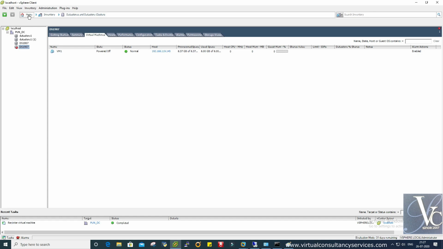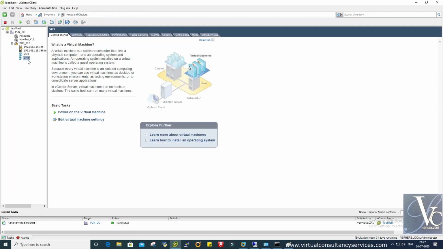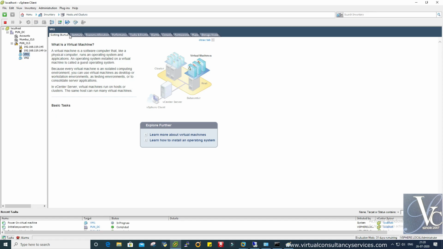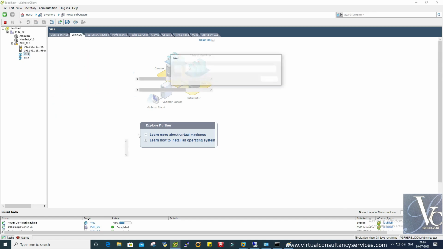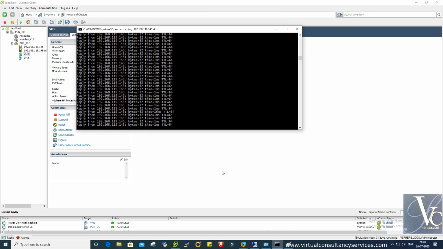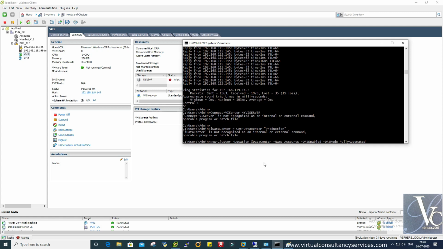Okay, then close it. See, this VM appears now here, VM1. So now we can go to the VM and power on it.